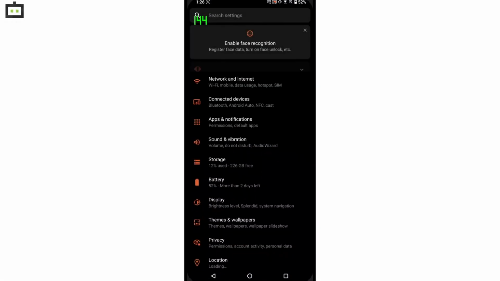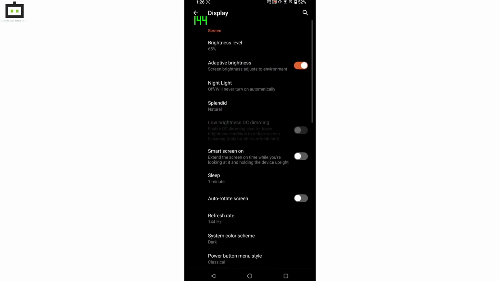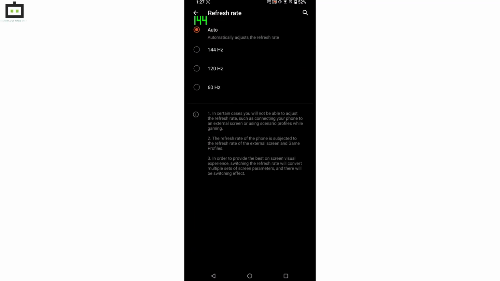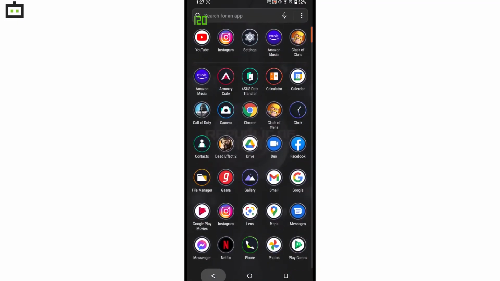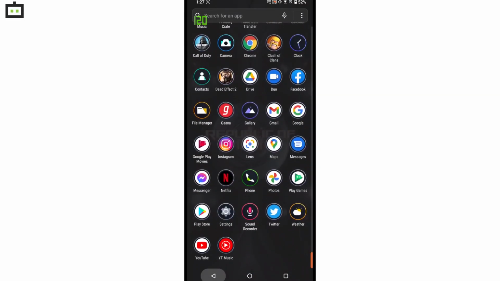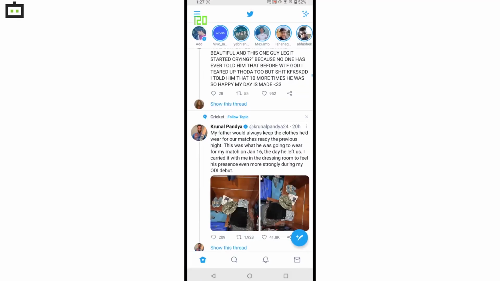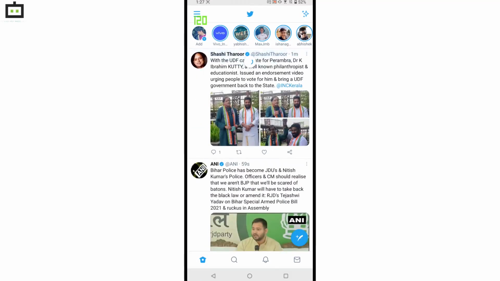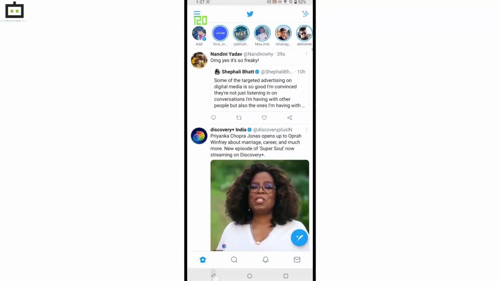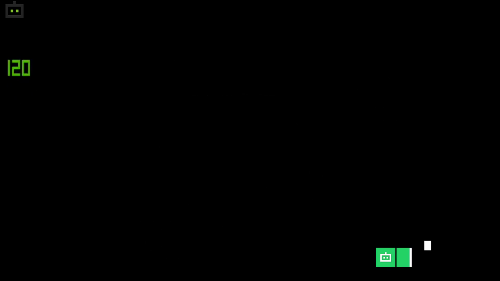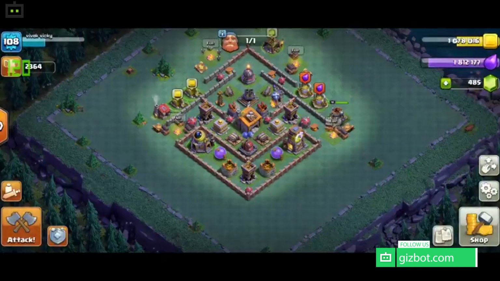So even if you have a phone with a 144Hz refresh rate, you might not be able to use it fully on some of the apps and games available on Android. Again, if you are scrolling on social media platforms like Instagram, Facebook, WhatsApp, you can actually feel the smooth flow of the animation, smooth flow of the pages when the phone is set to the higher refresh rate.